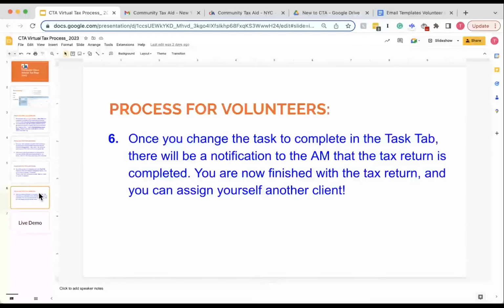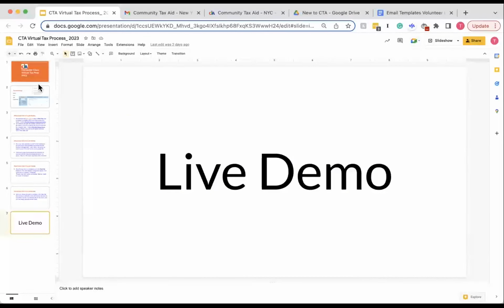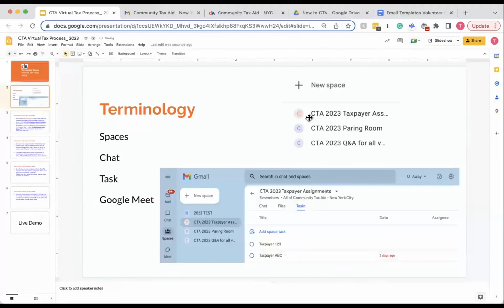I'll be an assistant manager. Keisha White will be an assistant manager. Trinice Patterson and Gracie Ann will be assistant managers. We may have additional assistant managers as well, but you'll know that once you get emails with links to the Google Drive. And if you have any questions during the process, we have the Q&A for all volunteers